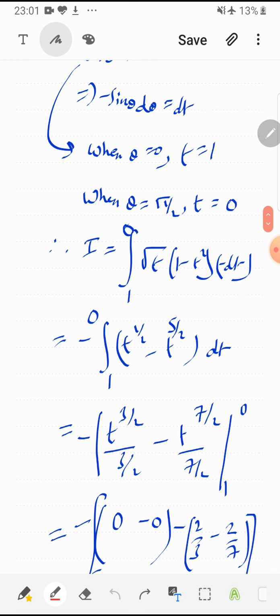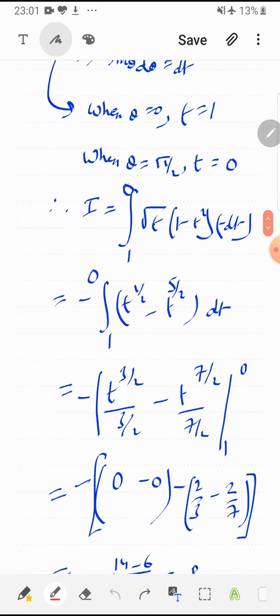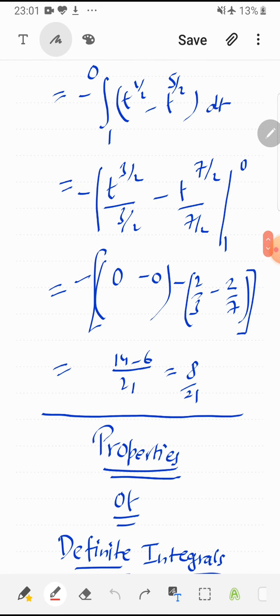After that we can open the bracket and we can apply power rule, and that's the point. We have no need to substitute t back as cos theta. We can straight away put our new limit. So this is the benefit. So after that we can get the required answer. No need to write plus c here as we have done in indefinite integration, because these are definite integrals.